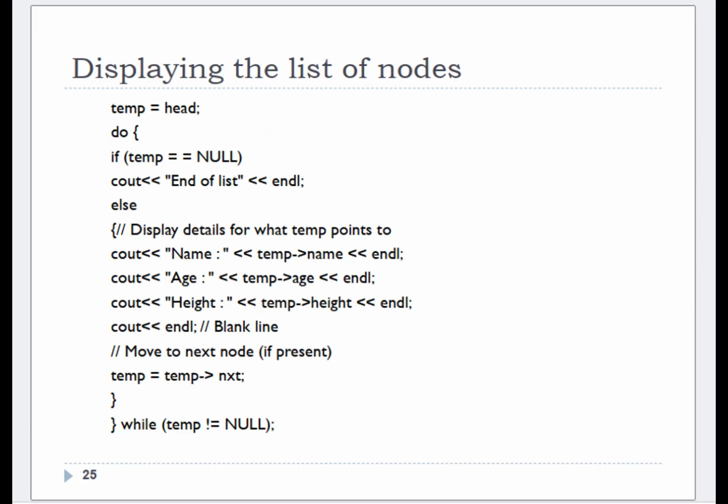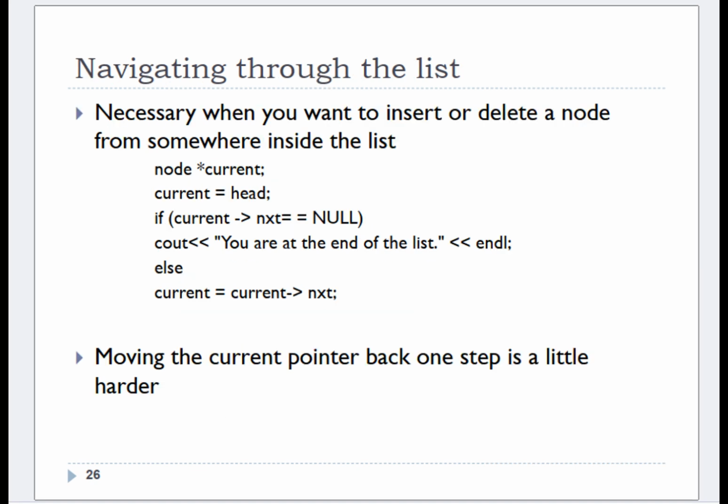24. Displaying the list of nodes. temp = head; do { if (temp == NULL) cout << "End of list" << endl; else { // display details for what temp points to. cout << "Name: " << temp->name << endl; cout << "Age: " << temp->age << endl; cout << "Height: " << temp->feet << endl; cout << endl; // blank line. // move to next node, if present: temp = temp->next; } } while (temp != NULL);